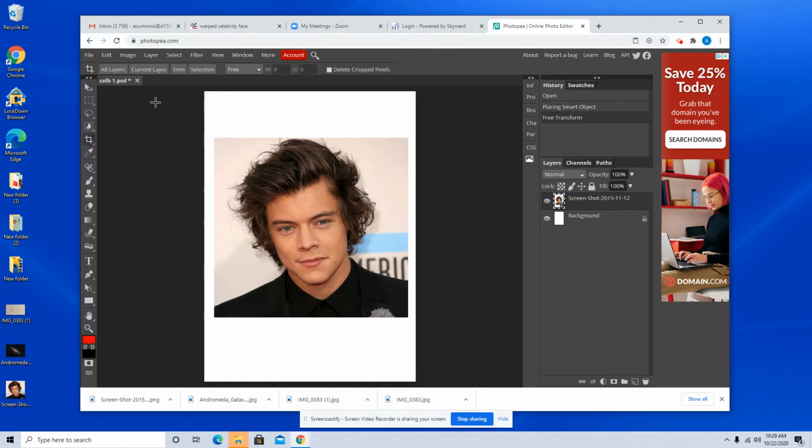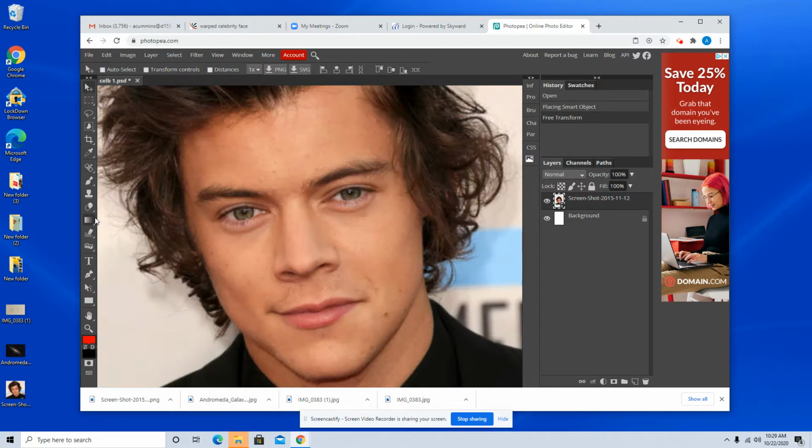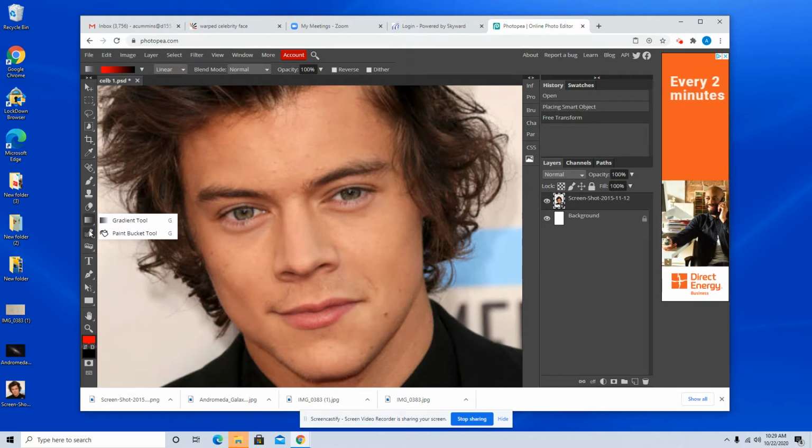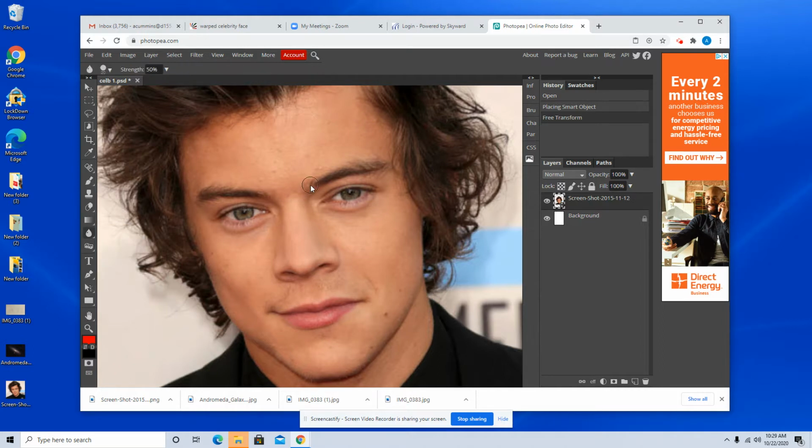Okay, so first, we're going to start with the tools that you can use on the toolbar. So I'm going to go Control Plus to zoom in so you can see kind of what they're going to do. Now, if you scroll down right below your gradient tool, so here's a gradient tool right below it. These are kind of little adjustments. So you have blur. So if you want to soften any skin blemishes,